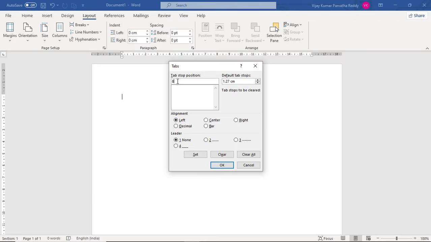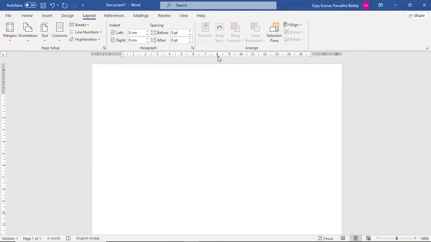Suppose at the 8th position I am setting, OK. I want only one tab, so that's why I am clicking OK. See that at the 8th centimeter position in the ruler I got a left aligned tab. So, here I am going to prepare one resume, suppose name, and press the tab key on the keyboard. Exactly it will go to that 8th